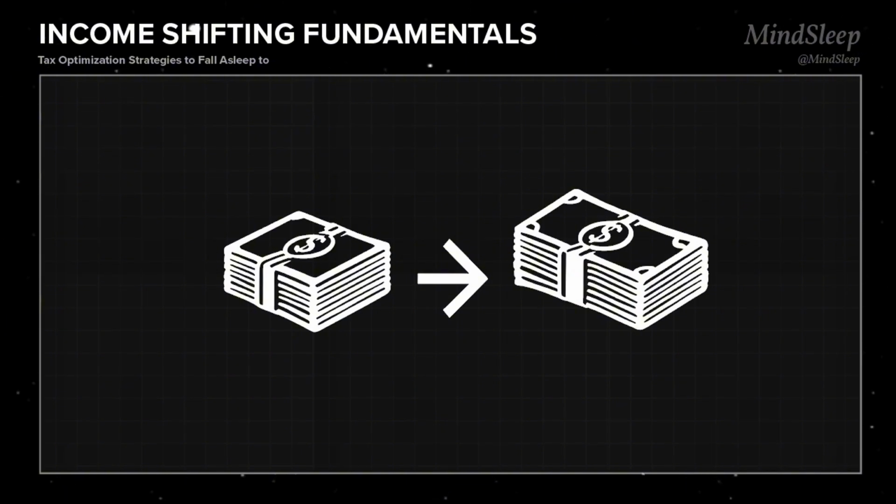Family attribution rules add another layer of complexity to income shifting strategies. These rules are designed to prevent abuse of the tax system through artificial income splitting among family members. Imagine a family as a single economic unit, with the tax authorities drawing a circle around it. The challenge lies in finding legitimate ways to allocate income within this circle while respecting the boundaries set by tax